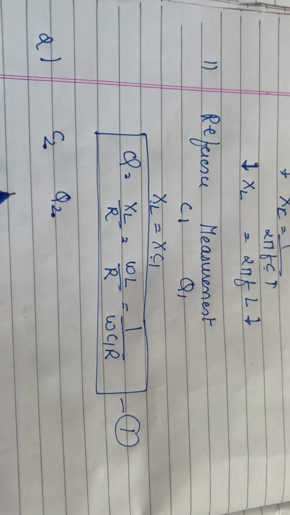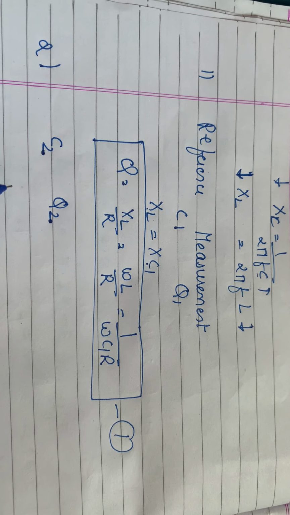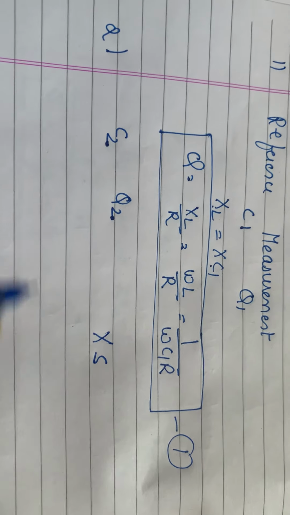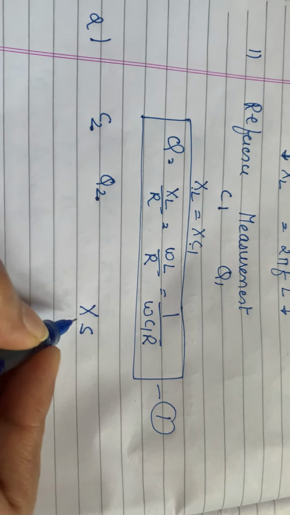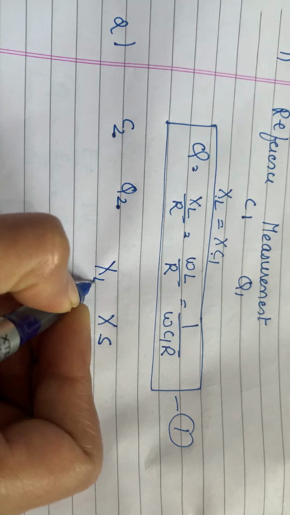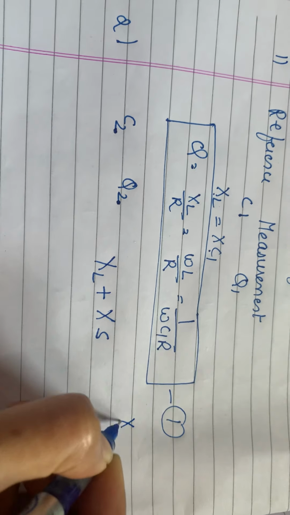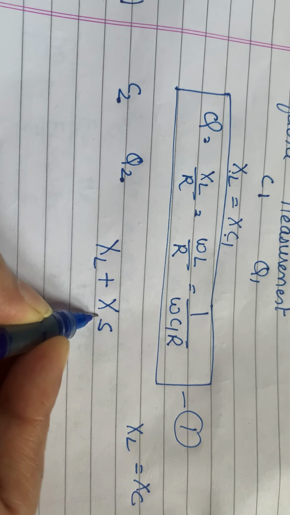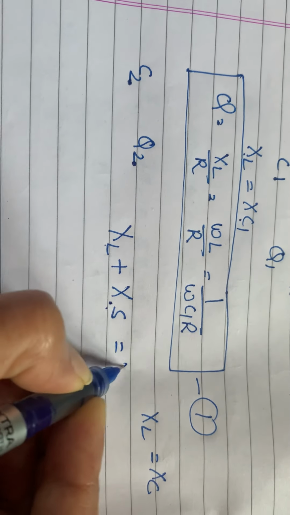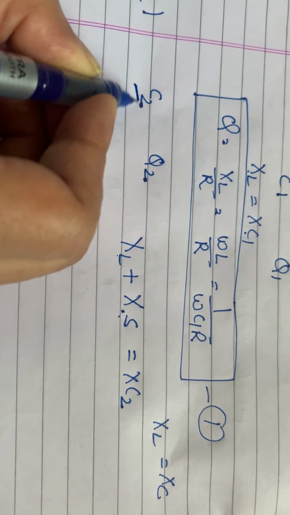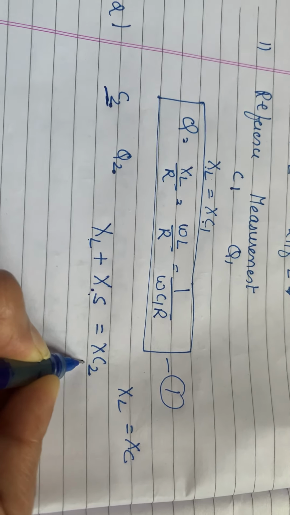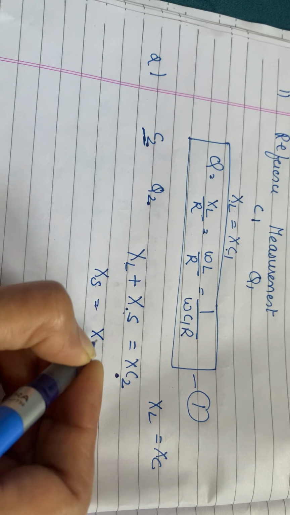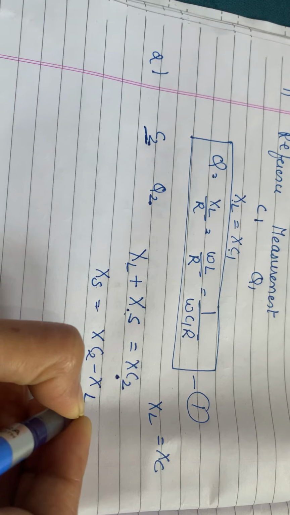Now, how are we going to find this unknown impedance? Let us say this unknown low impedance is XS. Now this XS has come in series with the working coil XL. So usually, XL is equal to XC. But this time since XL has XS in series, we have XL plus XS is equal to XC2. Since we have a new value C2 here, we are going to use it in XC2. Okay. So what is your XS? XS will become XC2 minus XL.